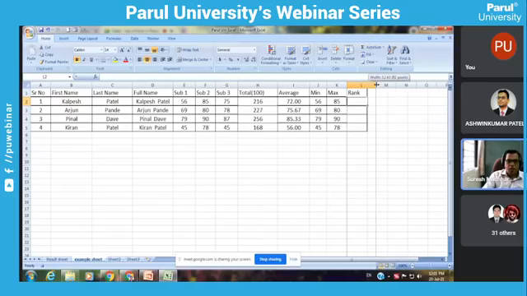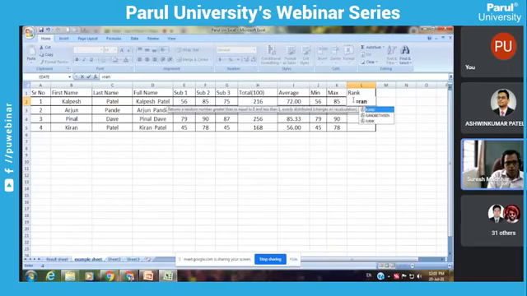Now here we have to find out the rank. We are going to be finding out the rank using what? The rank function. So equal to rank. The number that we are going to find out, we are going to be referencing from here itself, where it is going to be comparing which total is going to be highest. So from this only,